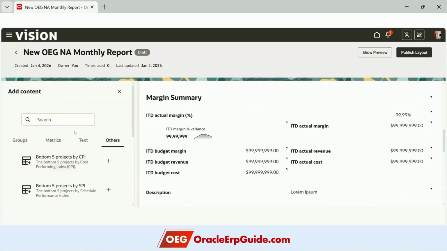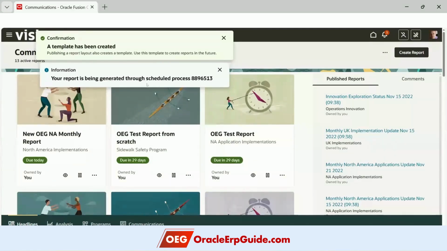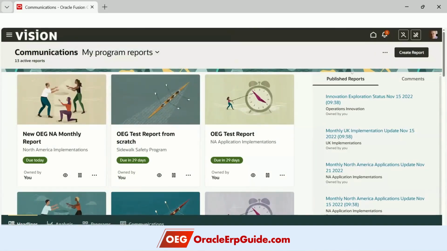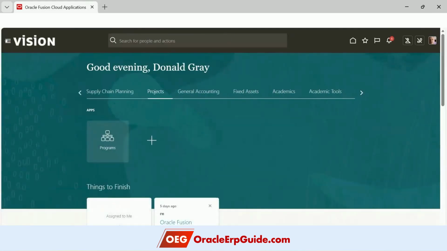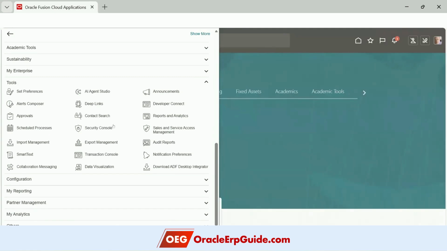Now, once you added all this, you can publish the layout or you can show the preview if you want. Then you will get a notice that a template has been created and also your report is being generated through this scheduled process. Now, what is this scheduled process? This is the same update program performance data process. Okay. So if I go here and if I go to tools and schedule process,